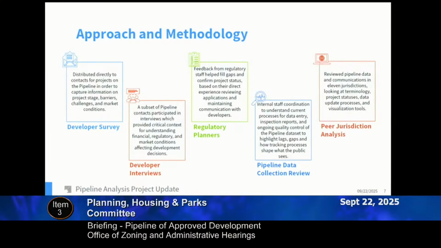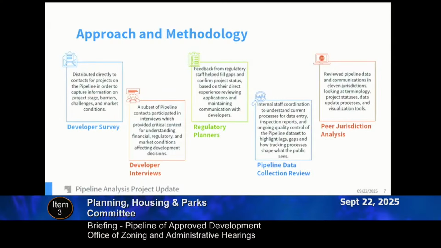And so as Lisa alluded to, this analysis looked beyond the standard data to try to get a fuller picture of the pipeline. We surveyed developers and conducted interviews to understand barriers and decision-making. We consulted our internal regulatory planners and staff who collect and maintain the pipeline data to identify gaps and lags in the process in terms of what the public sees.